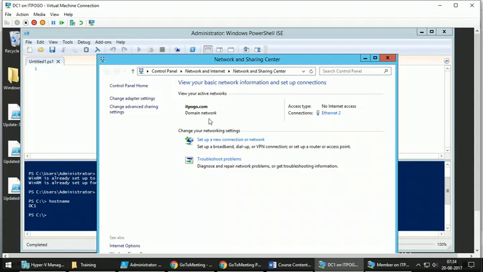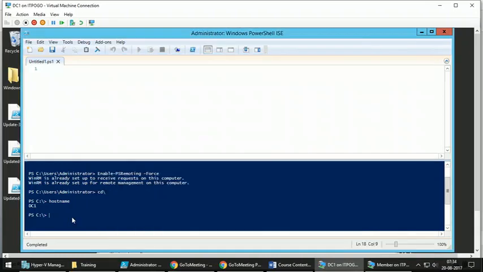So if there is any network card which is marked as public, then you will get an error while enabling PS remoting. That is for security purposes, because once PS remoting is enabled, anybody from any network will be able to connect to your computer like this.